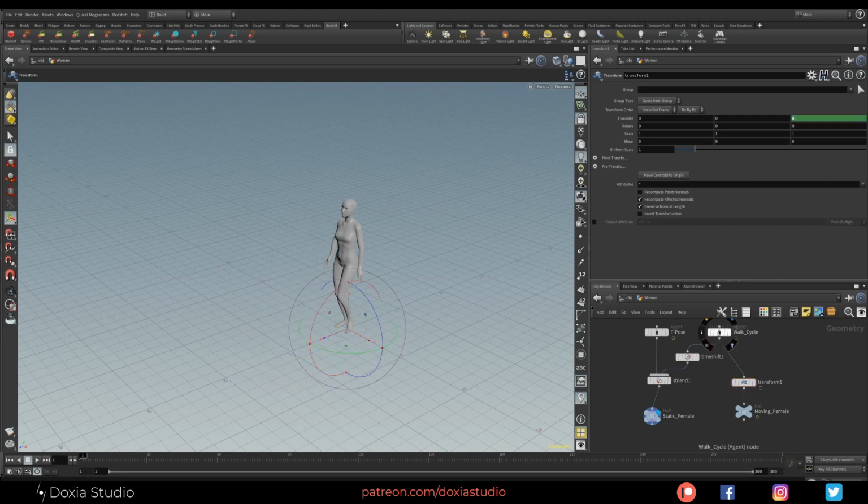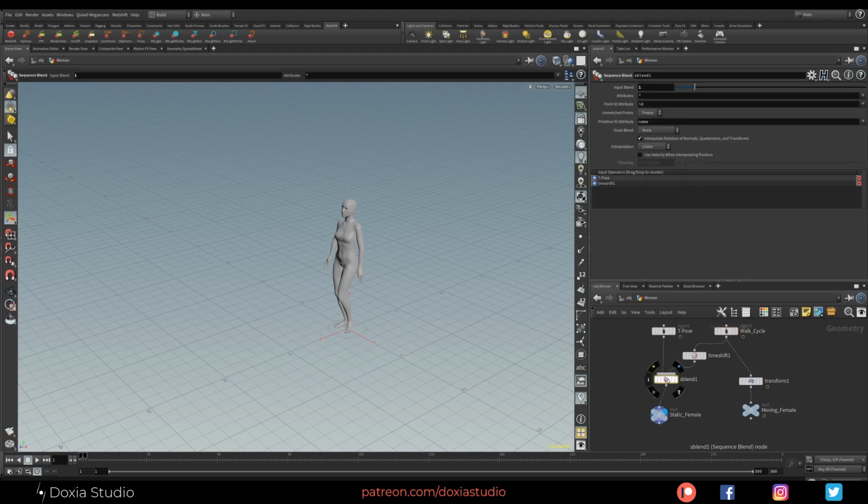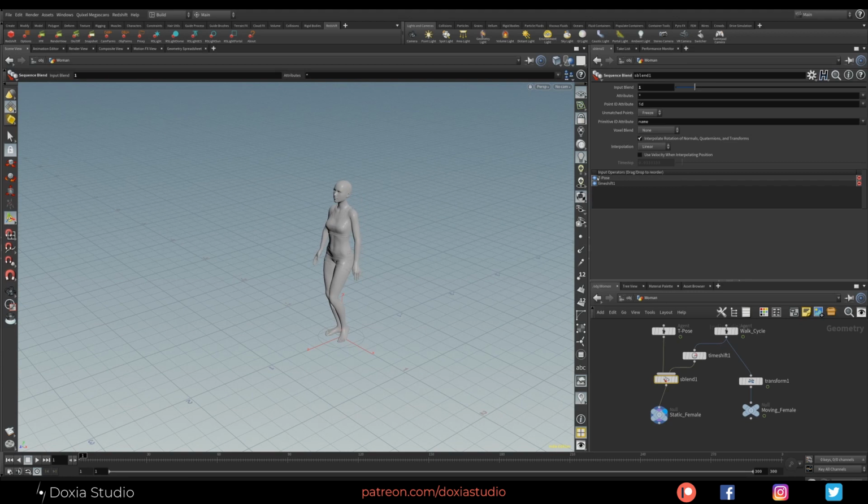I'm using a time shift to freeze my animation from the walk cycle, and I have a sequence blend between these two agents. I'm using this and not a switch so I can show you that we can morph between animations, between FBX animations. Maybe you need this for linking a few animations in your project, so you can use a sequence blend to morph between FBX files.